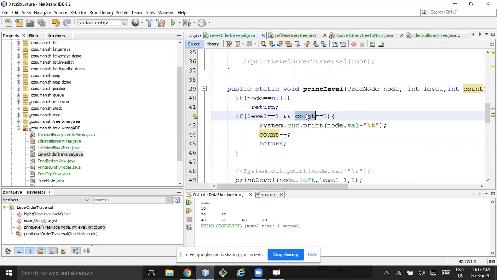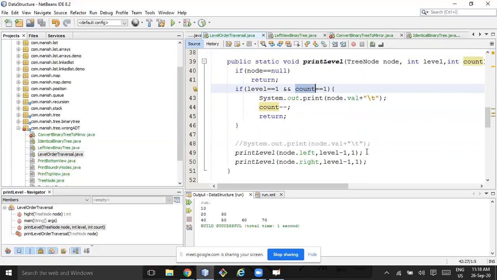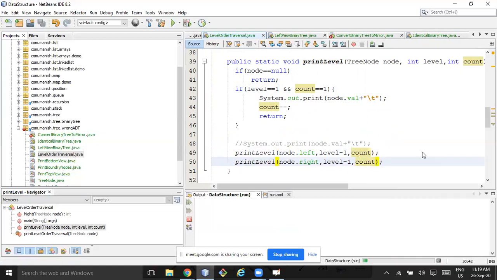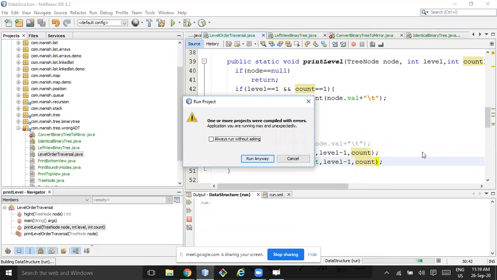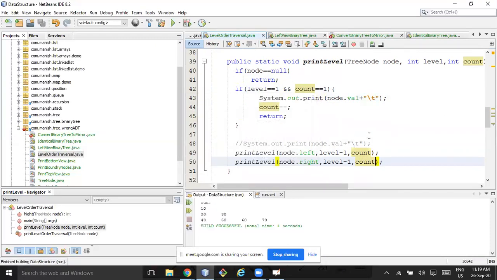Even though I am writing count is equal to 1, it's not working. Still not working. Why?